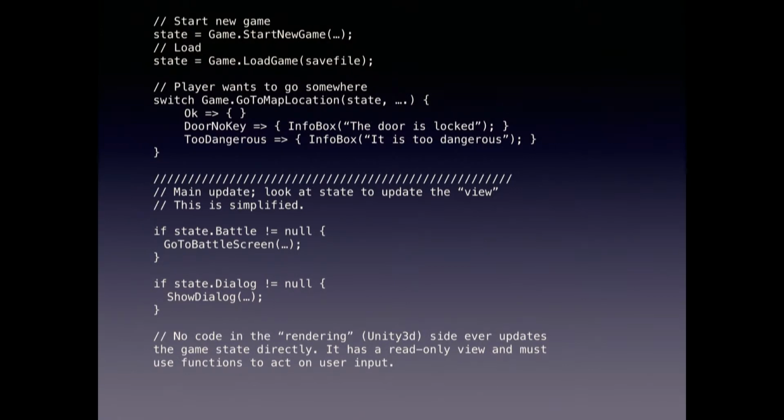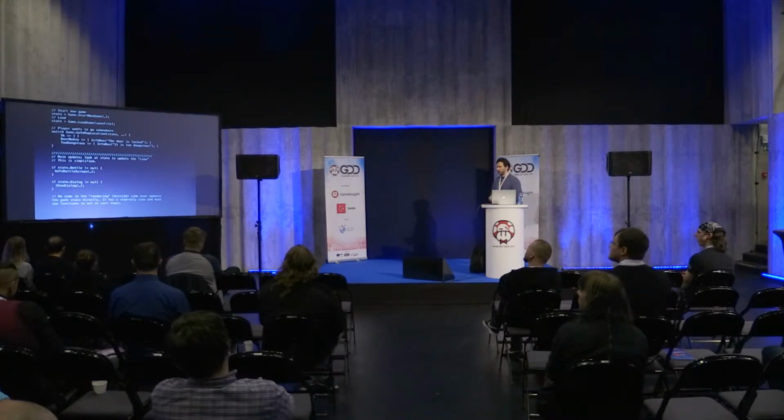I have my functions to start a new game, I can load the game, I can interact with things, but the idea here is that for all the things that the UI does, like when I move an item to the inventory, when I use things from my inventory, I have to call functions in my library. I can't go in and poke at the data. Actually, in this case I can, but this is a rule I made for myself, and I haven't enforced it. But